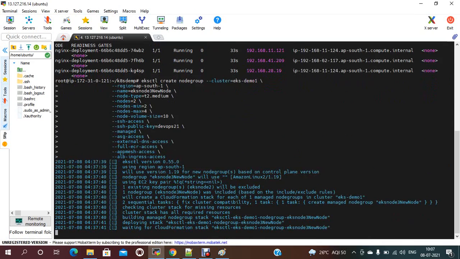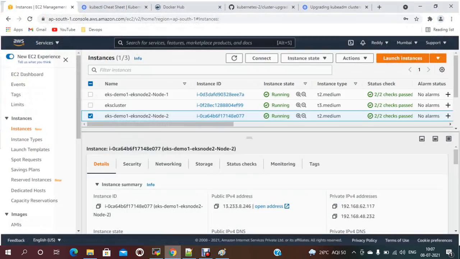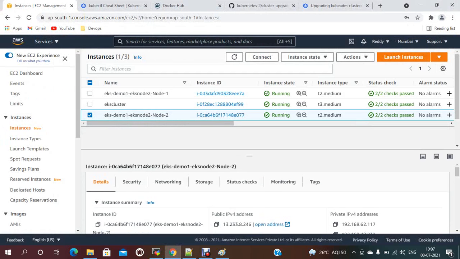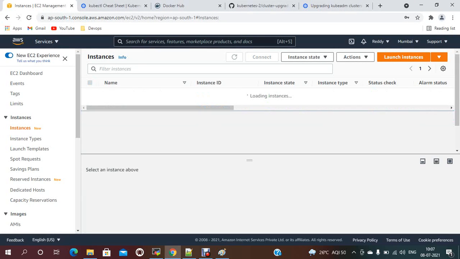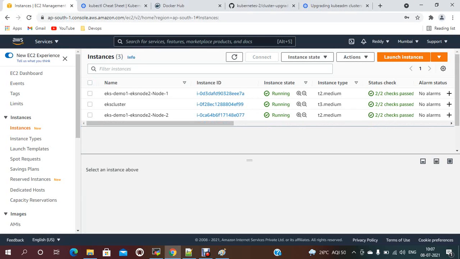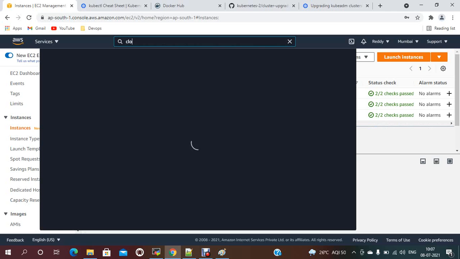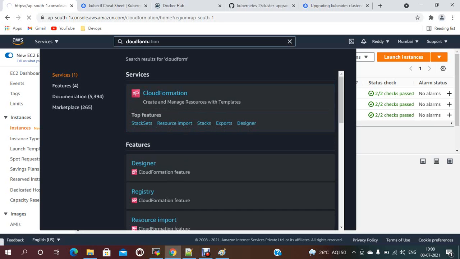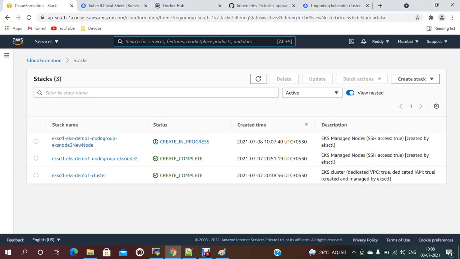While you run this command, it should create a new node group based on CloudFormation. It should make extra nodes available. It will take some time to generate that. If you go to CloudFormation, the machine template, it should create the node groups under the cluster.